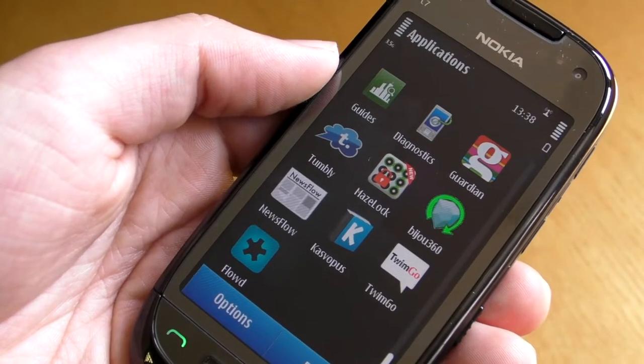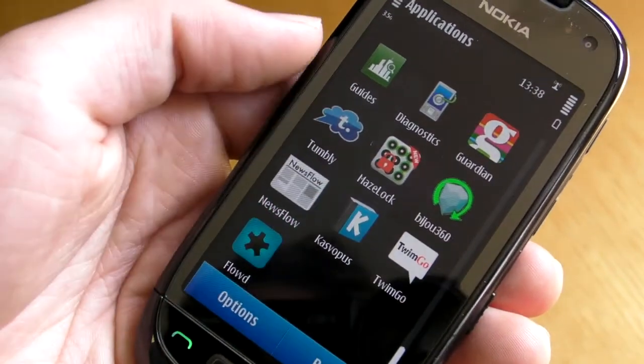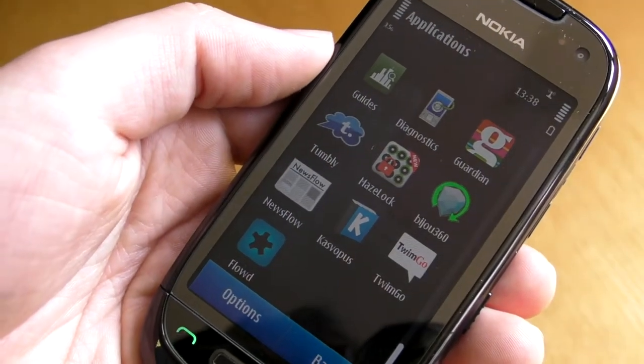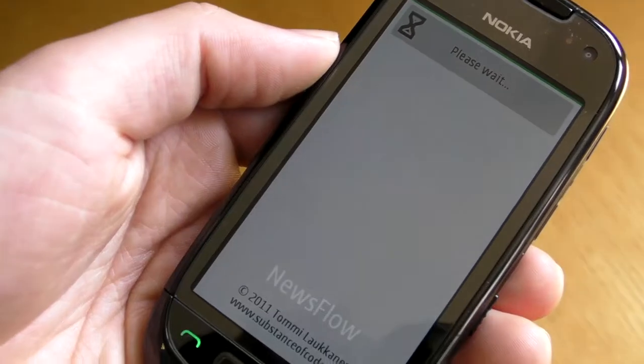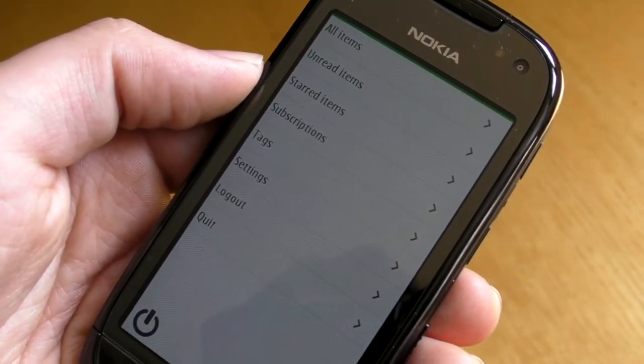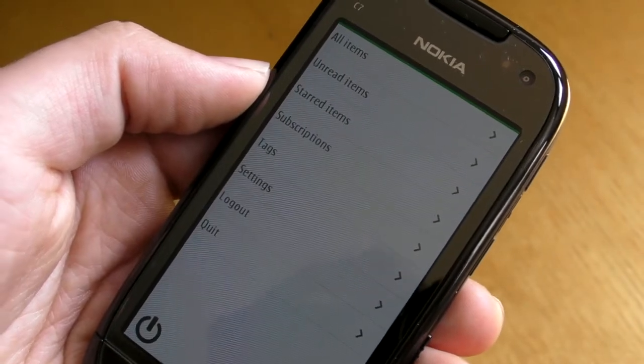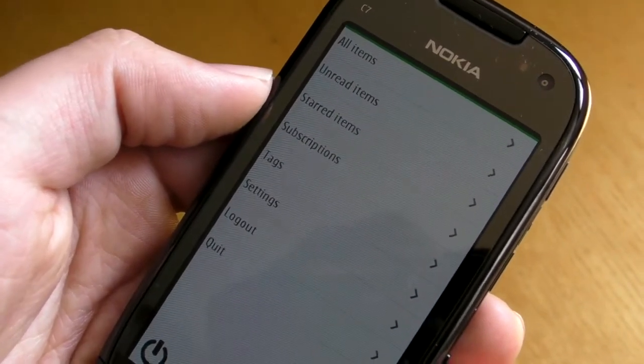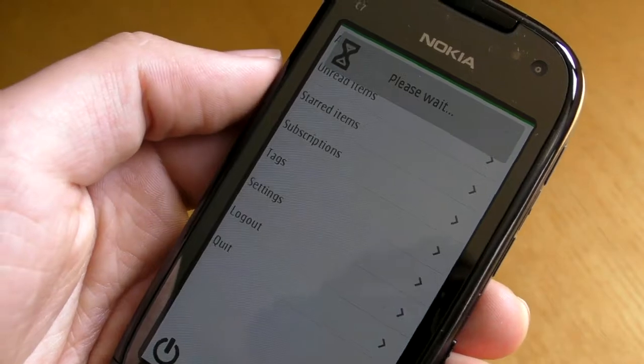In this quick look app review, we're going to be looking at NewsFlow by Tommi Laukkanen. This is a Google Reader client. It uses the Google Reader APIs to create a mobile-friendly version of Google Reader. That does mean it needs an always-on connection. You're going to get the best performance over 3G and Wi-Fi, obviously, but I think that's fair enough for an